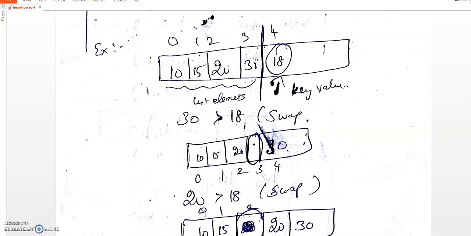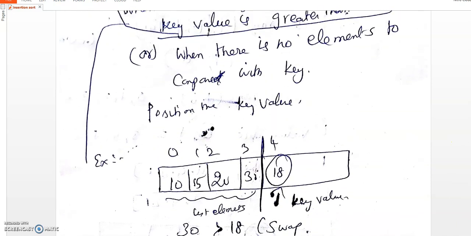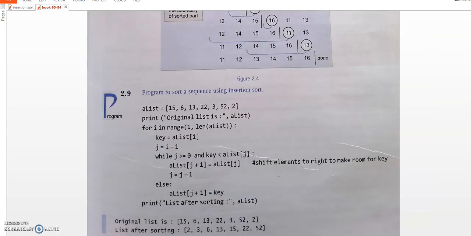Here I am going to explain the program for you. In your book they have given the program to do the insertion sort. First they have created the list. Then they are printing the original list, which is in the unsorted manner, and we are using the nested loop concept. Here i is the index value in the insertion sort.